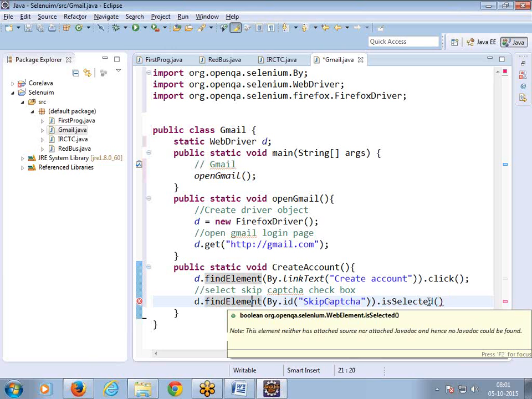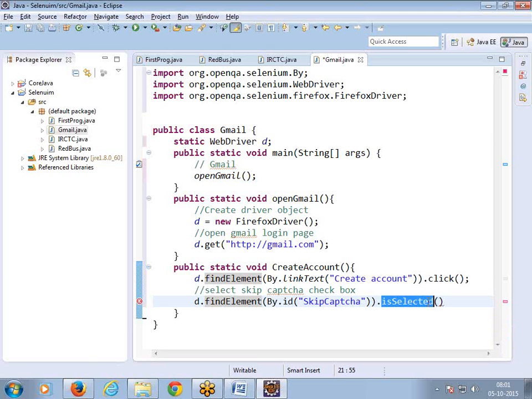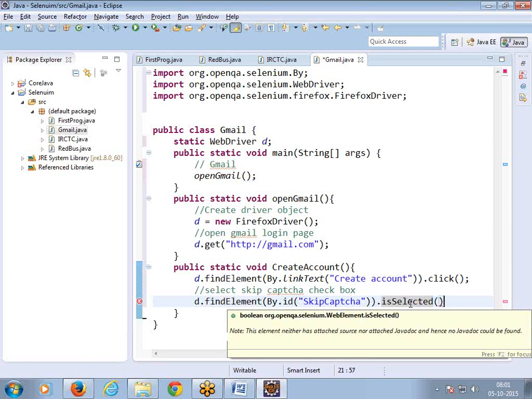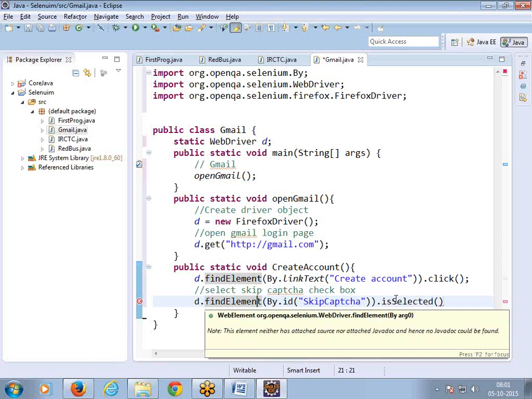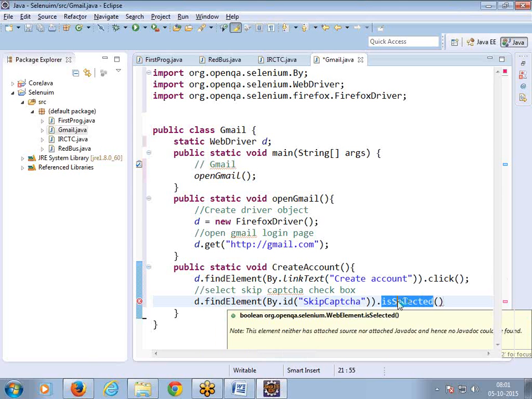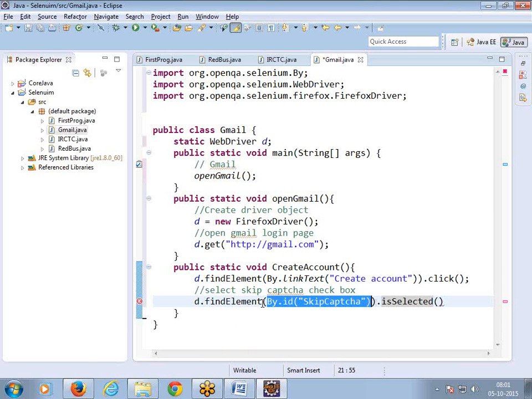Understand? Are you clear? If this checkbox is already selected, it returns true value. If this checkbox is not already selected, this method returns false value. Are you clear? So here I am writing an if condition, if, bracket,